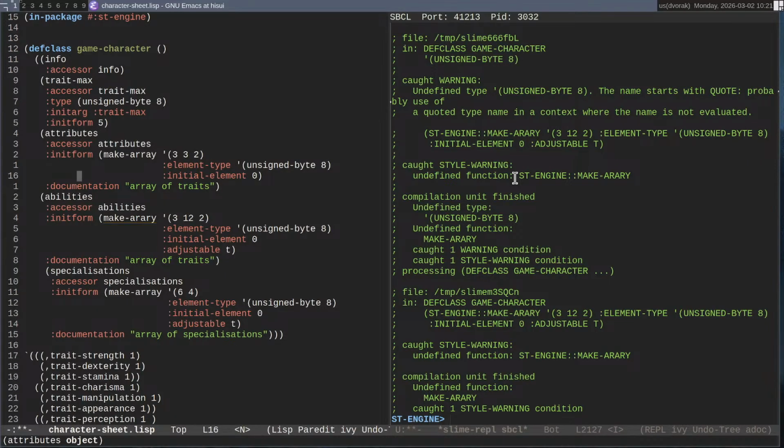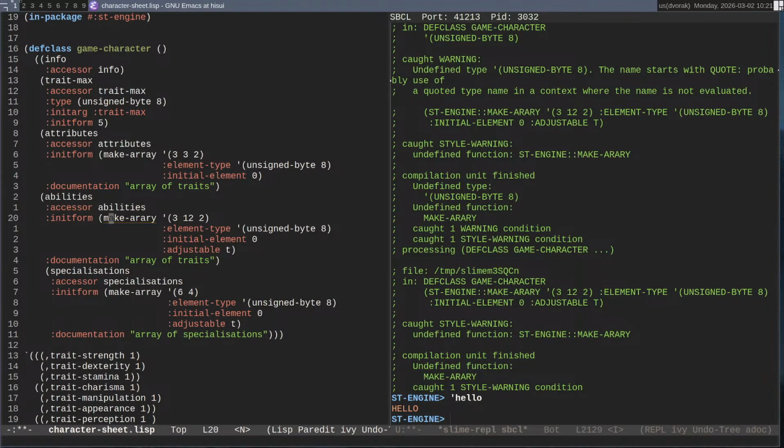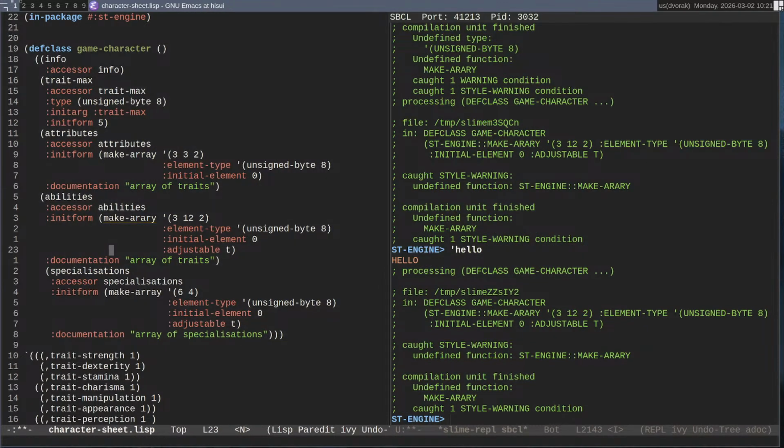Well, it's gone. The next one is here on make-array. Does it not like that it's adjustable, maybe? Let me just... I'll recompile it so I can see exactly what...